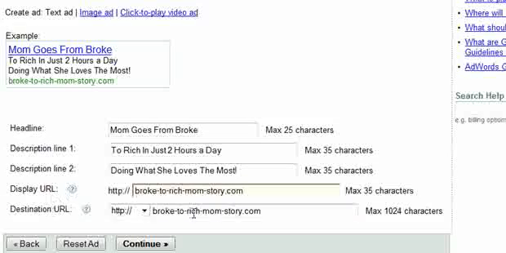And then the destination URL, this is obviously with Google's terms of service now, the destination URL has to match your display URL. They used to not have to do that. So you definitely want to have the destination